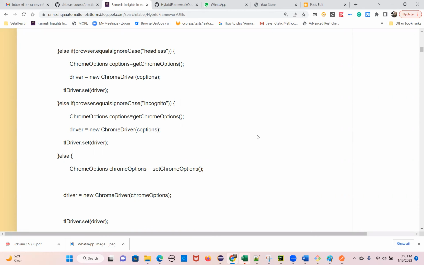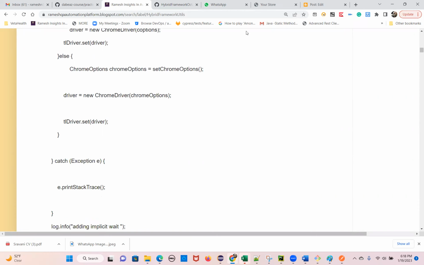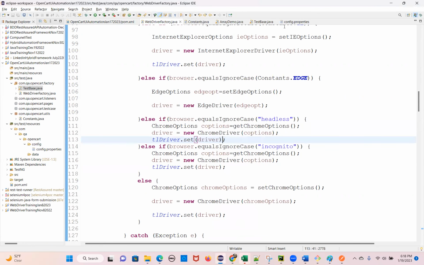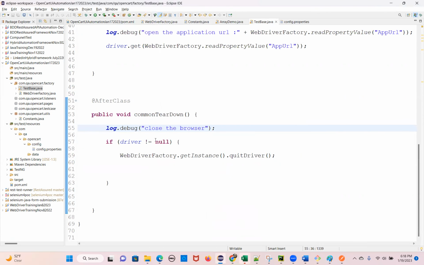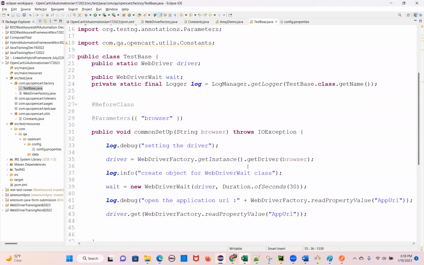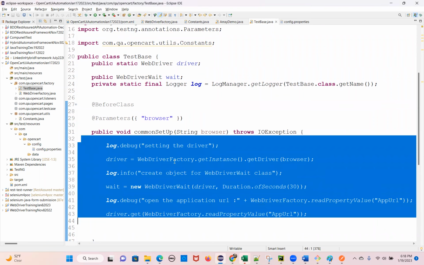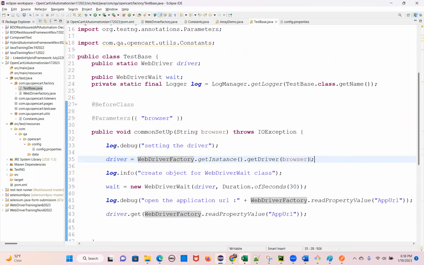Okay, so now the next step is step 4. WebDriver factory TestBase is done. TestBase is nothing but what we are doing here is I am calling my browser, which browser I want to run, that I'll supply. These are the TestNG annotations. For every class, before this code will execute. The setup, what is this setup? Launch the browser